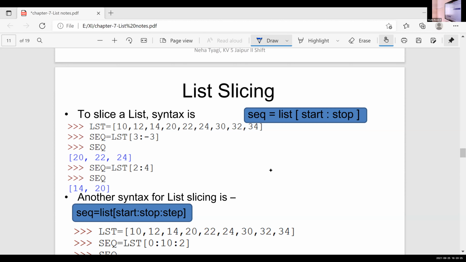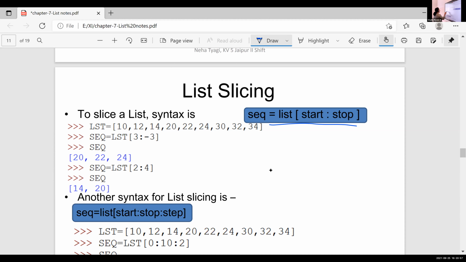Okay. So in the case of list slicing, we can use list slicing in two methods. The first method is only start and stop value. Here we are using only start and stop value. Start value is the starting value and stop value is the stop value. So to slice a list, this is the first list, the values are 10, 12, 14, 13, 22 to 34.